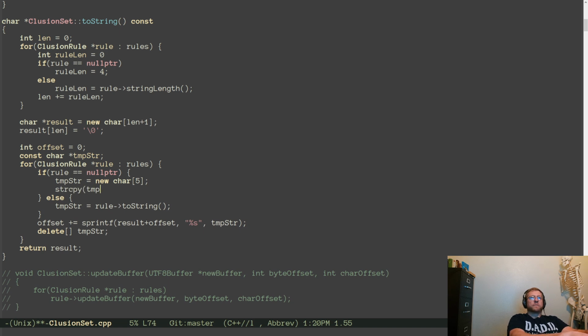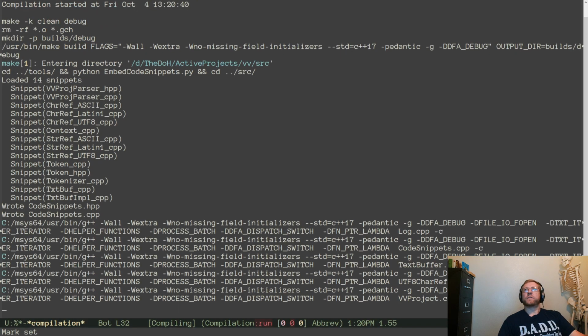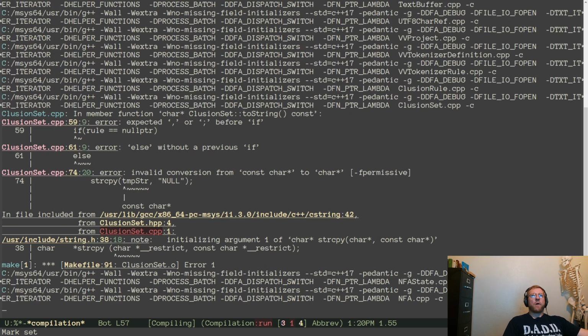Stir copy into temp string. I just want to see where this null thing is popping in, mostly.